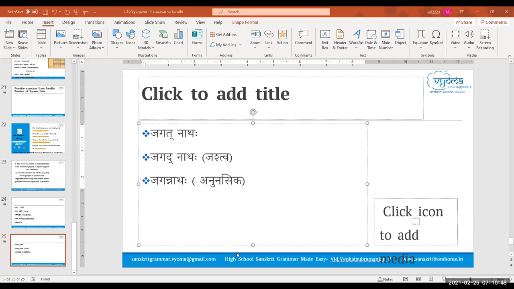Sir, there are some examples where tat becomes tad. I wanted to know how, here, jagat became jagad, because it is followed by na? Na is a Mridu Vyanjana. It is satisfying the condition of Jastva Sandhi also. Jastva Sandhi tells the first letter becomes third letter when it is having Swara or Mridu Vyanjana on the right hand side. So Nakara is a Mridu Vyanjana, therefore it becomes the third letter.